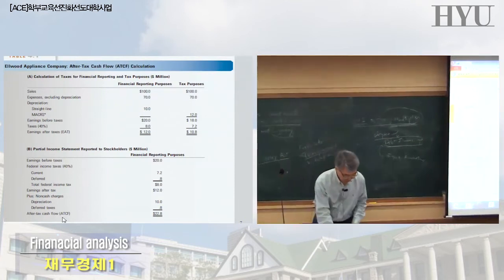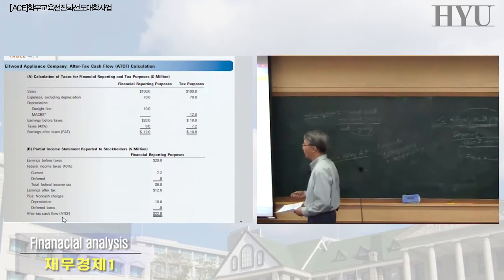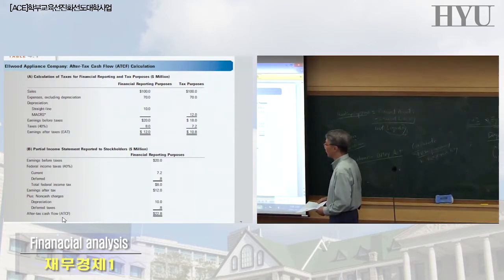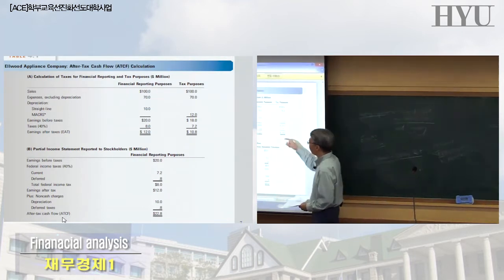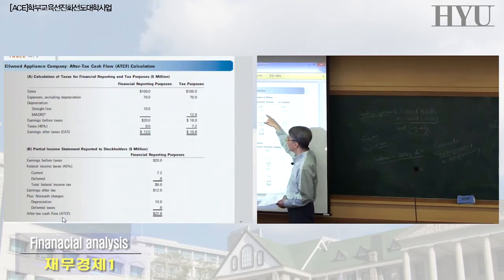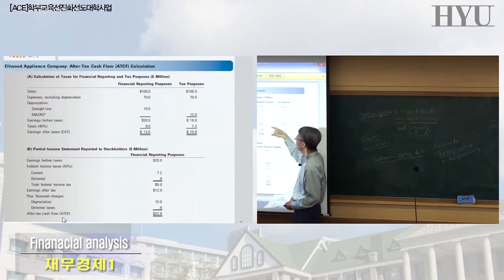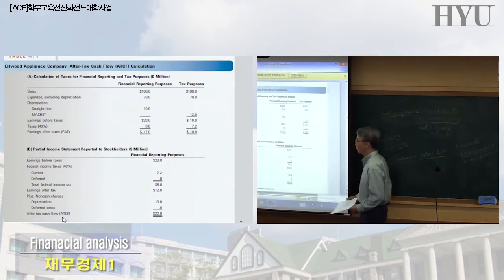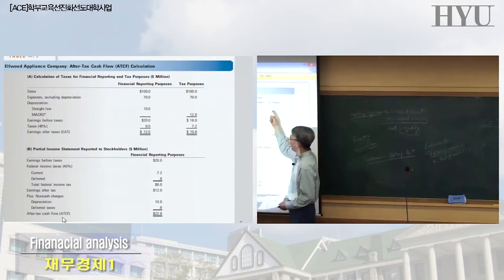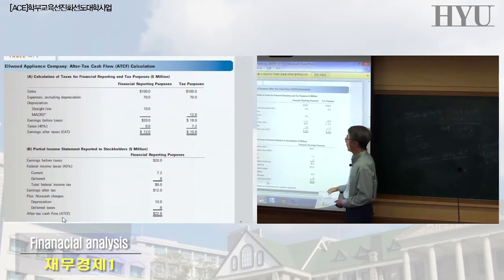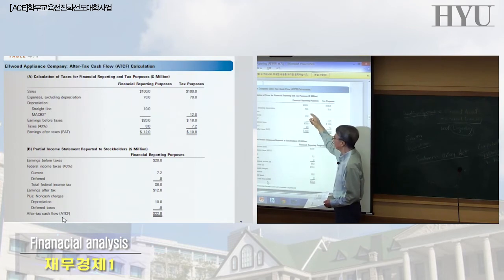In this statement, the purpose is to show you the difference between the EAT and ATCF. Here, financial reporting purposes means this is what you're going to see in the income statement. For tax purposes, you may have a completely different story. We start with, let's say, $100 million in sales, and then you subtract expenses before depreciation. So let's say we have $70 million in expenses. And then in the income statement, you see $10 million